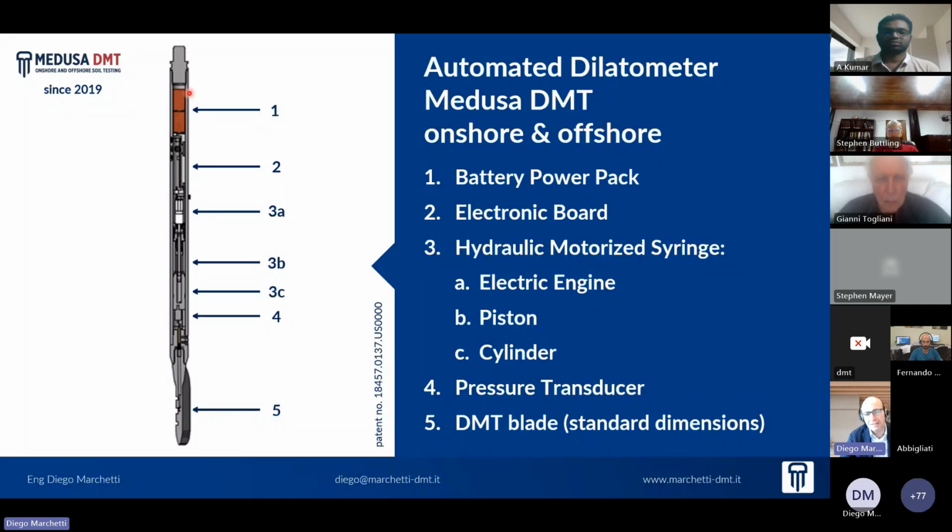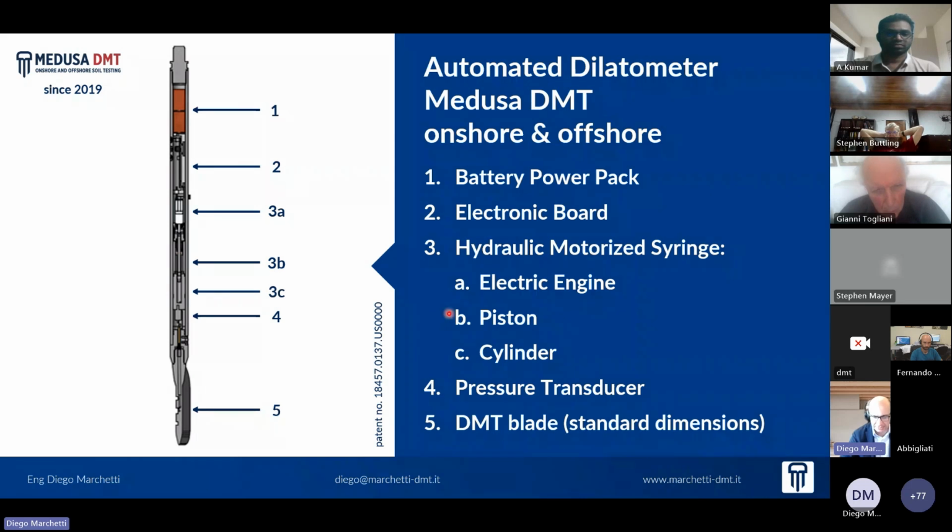It is composed of a battery pack, an electronic board, a hydraulic motorized syringe composed of an electric engine, a piston, and a cylinder for generating automatically and in a controlled manner the pressure. Then there's a pressure transducer and a blade with standard dimensions. The standard dimensions are kept so that all the results of the DMT may be used also for the Medusa, because the device is the same, only that it is activated with a motorized syringe instead of an operator inflating